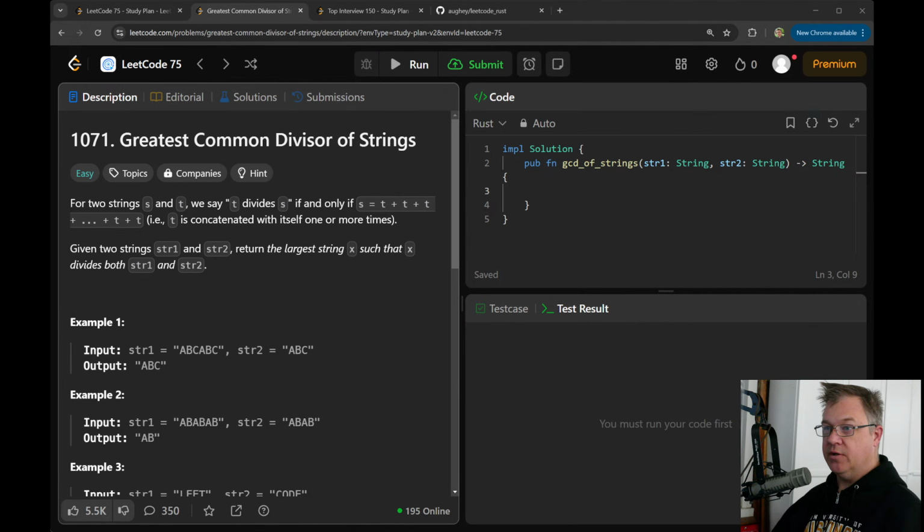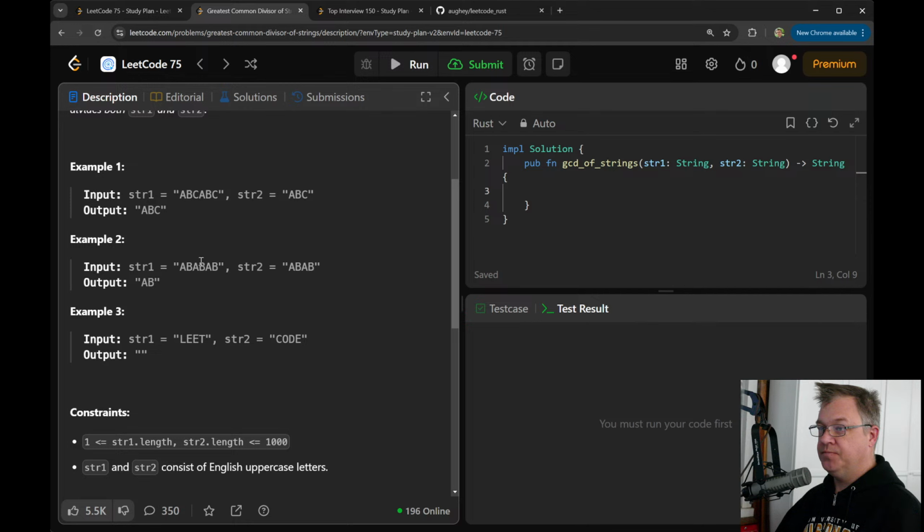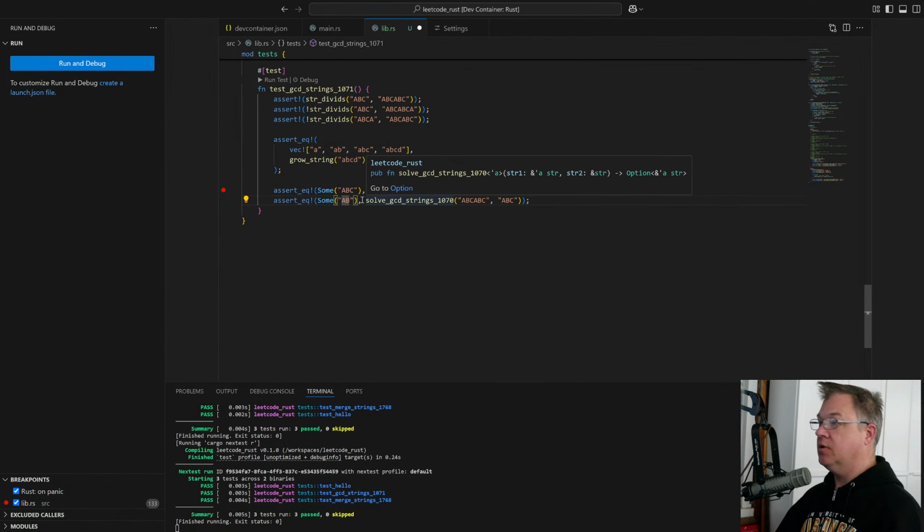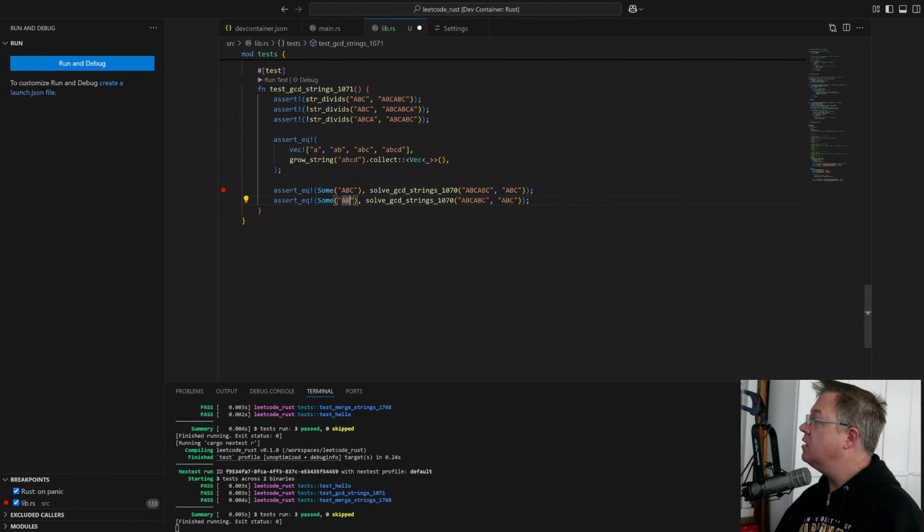Let's put in our other test just to make sure. So here, our test here should return AB. Oh my goodness, you've been looking at the wrong code here. Okay. Man, I need to get better at that. You'll see it in a bit. So here's our first string. Here's our second string.